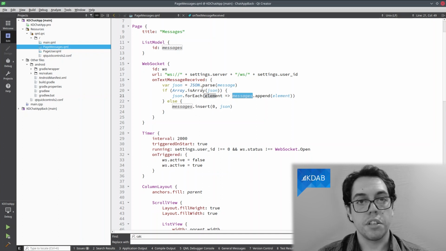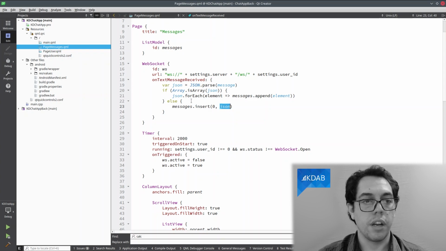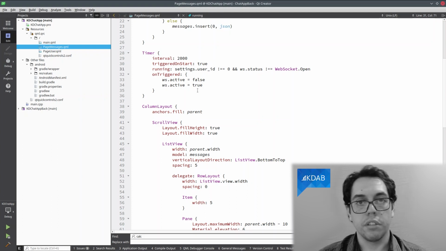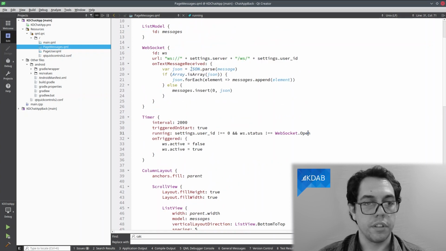If it's not a JSON array, meaning that it's just a new message, then we are going to insert the message right away. We also have a timer here. So if the connection is not open, then it's going to try to connect again, if the connection drops for any reason.